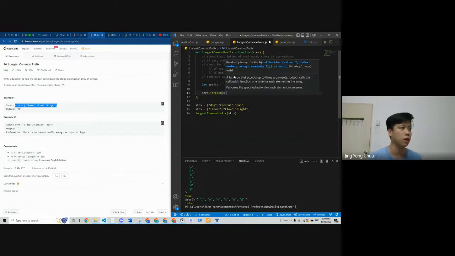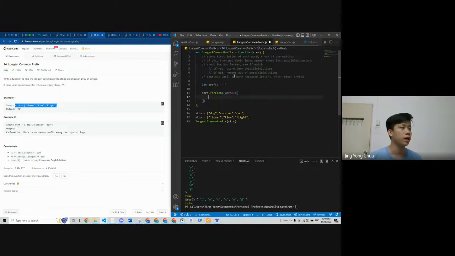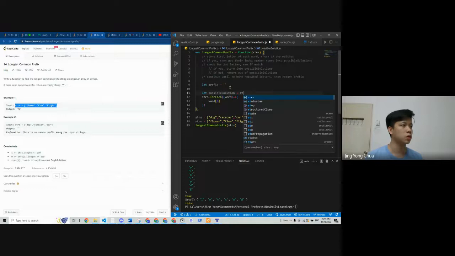Okay, so what we'll do is strings for each, once it's an array, right? So what we do is word, right? We go through each of the words, and inside of each of these words, we get the first item, which is 0. That possible solution goes to strings.